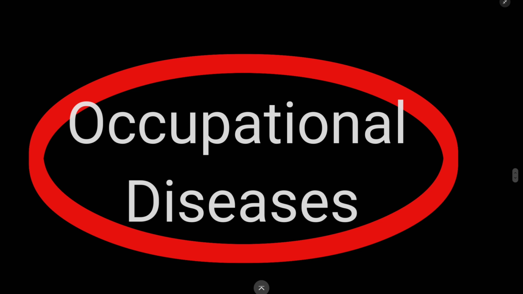And fourth is hearing problems and fatigue. The best way to tackle occupational diseases is by preventing them. Here are some tips. First is use personal protective equipment, PPE, and second is ergonomics. Set up your workstation properly to avoid strain and practice good posture. And third is take regular breaks. And fourth is ventilation and air quality. And fifth is follow safety guidelines.